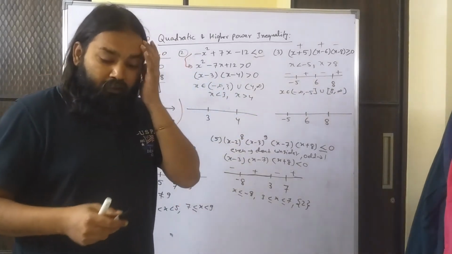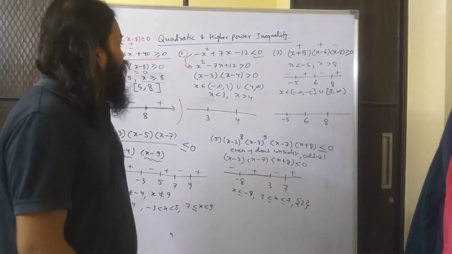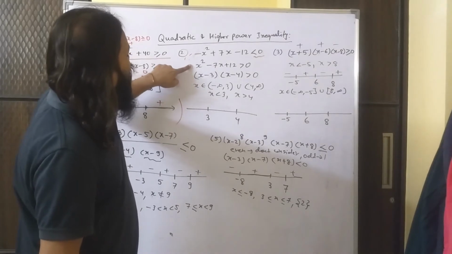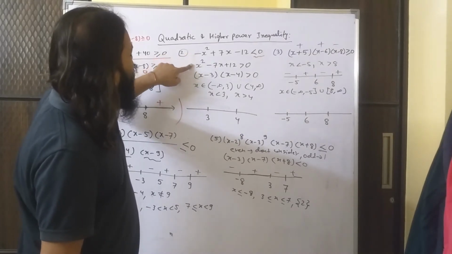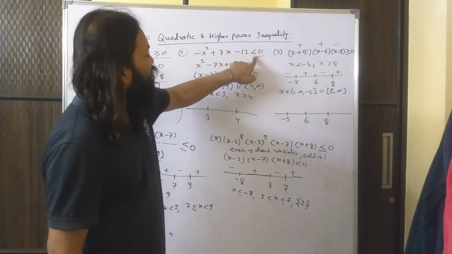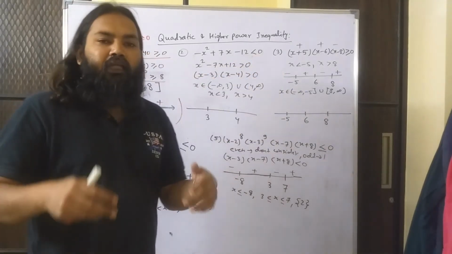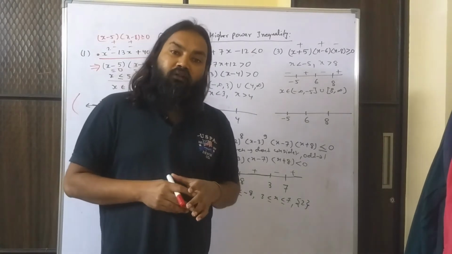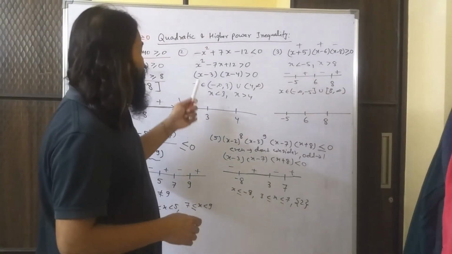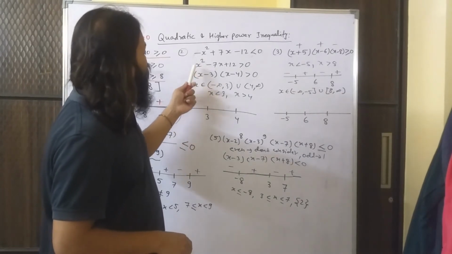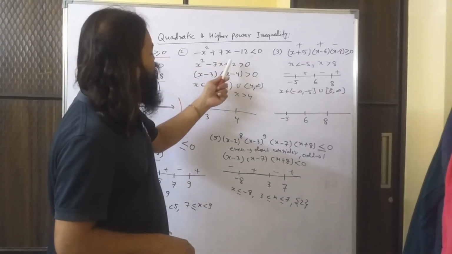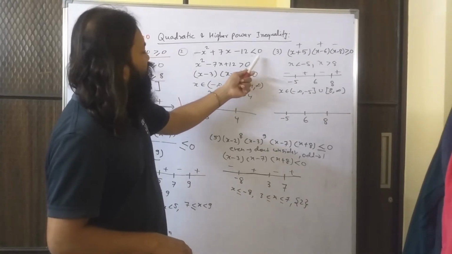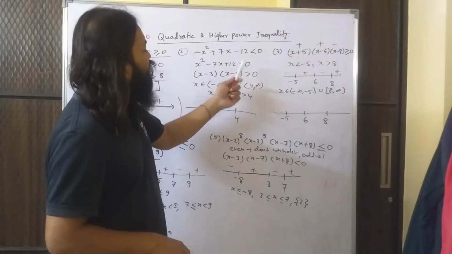Now my objective here is to make this negative into positive. So what will I do? I will multiply this inequation with -1 on both sides. When you multiply an inequality with a negative number, the sign of the inequality reverses. So minus will become plus, plus will become minus, minus will become plus. 0 into -1, I am multiplying with -1 throughout, so still it is 0, but this less than sign will become more than sign.